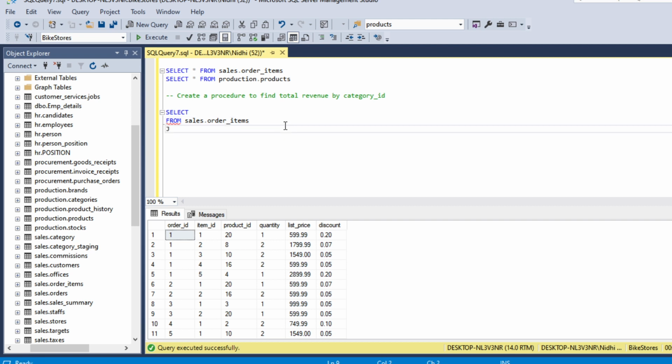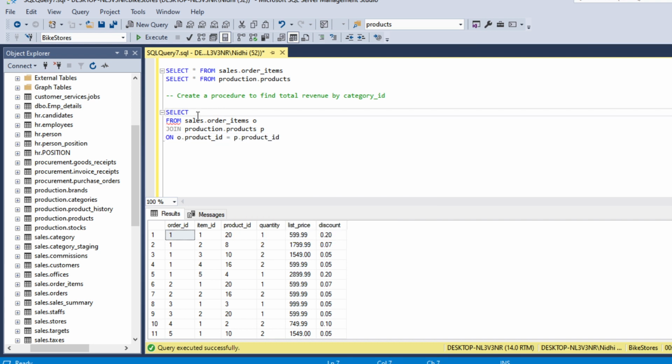So JOIN production.products. We will give our table aliases, so order item O and then products P. We are joining it on O.product_ID is equal to P.product_ID.